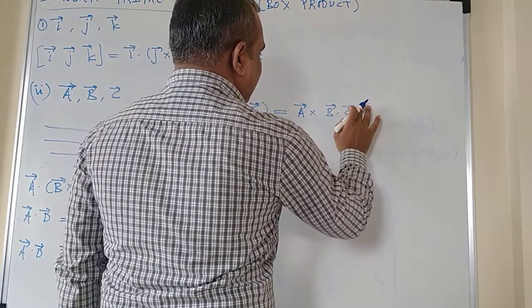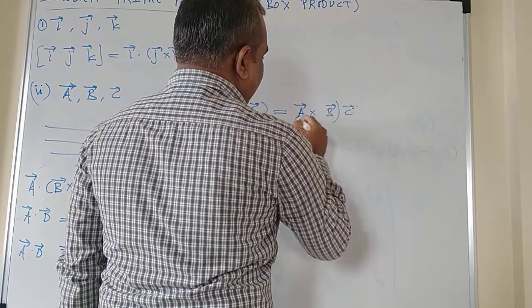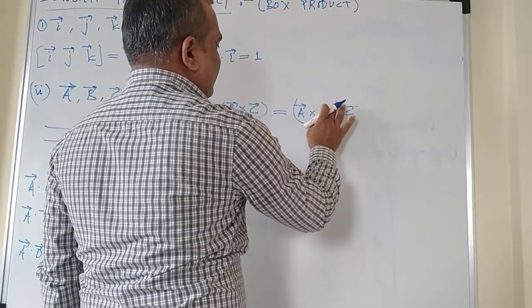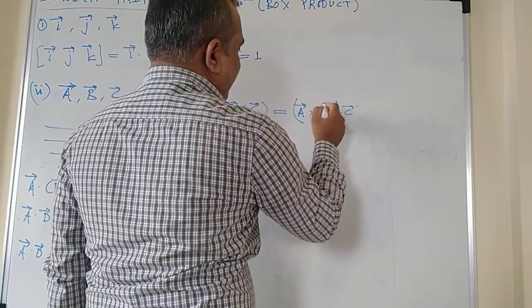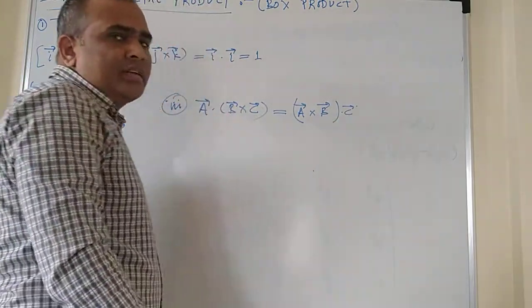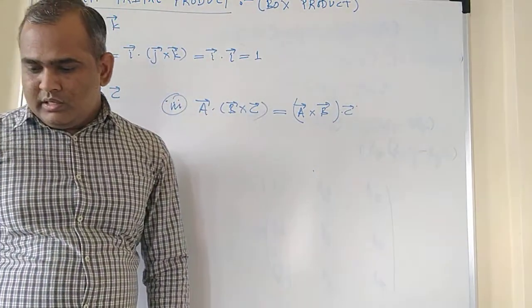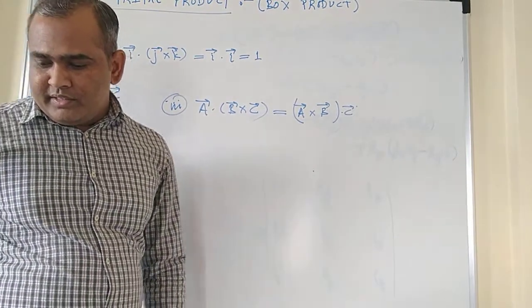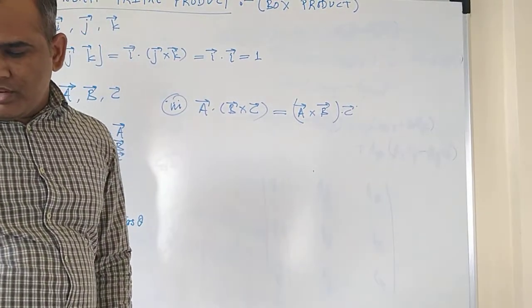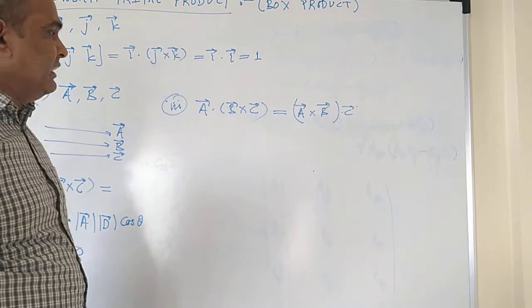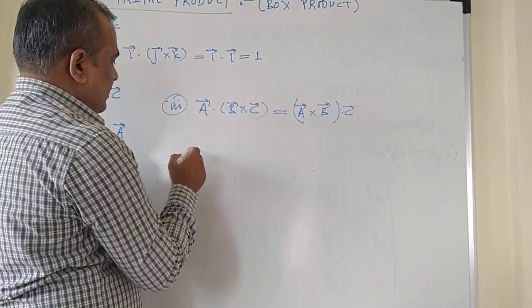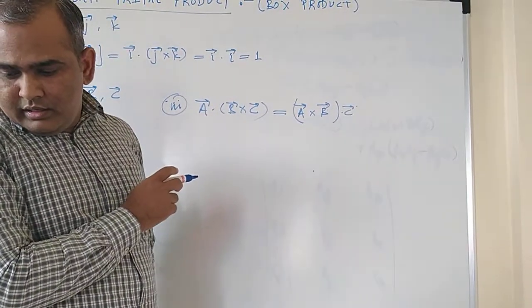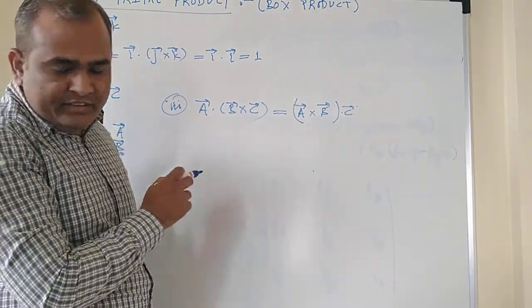But this sign I should write in this way. And this is the dot product, because the cross product of these two vectors must be one more vector, and then this gives you a scalar, right? If the cyclic order of the vectors is not maintained, then the sign of the scalar triple product gets interchanged. What it means? It means that if the cyclic order is not maintained, then its sign changes.